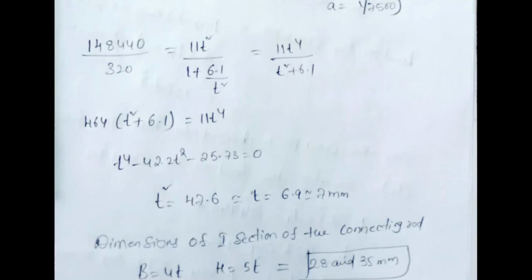Just go through step by step what I have explained till now. If you have any doubt, please raise it on the chat box and I will clarify it now itself, because up to this point, up to the thickness, the procedure of the first step ends. The remaining thing is simply substitution: b equal to 4t, h equal to 5t. Then you'll get the answer. There is no problem. If you have any doubt regarding this step, please ask.